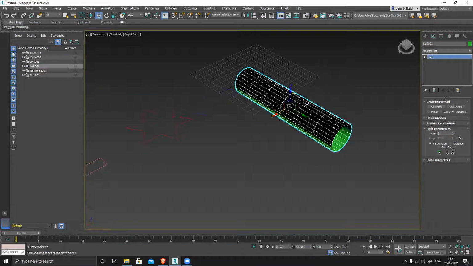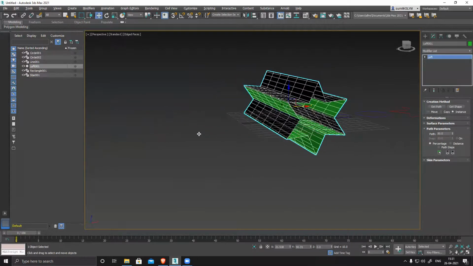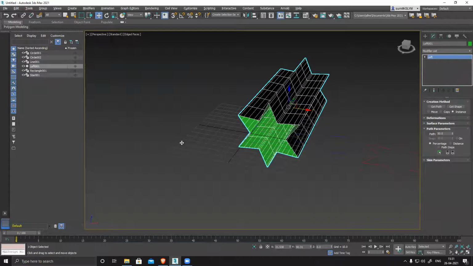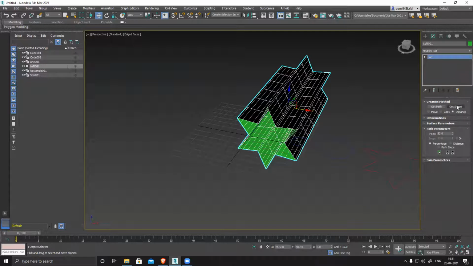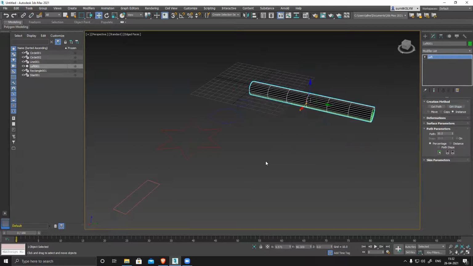I'll add 50, get path. Right? Why is it not changing? Oh, my bad. I have to define the place and get shape. So now it will change. Okay, I'll do it once again.